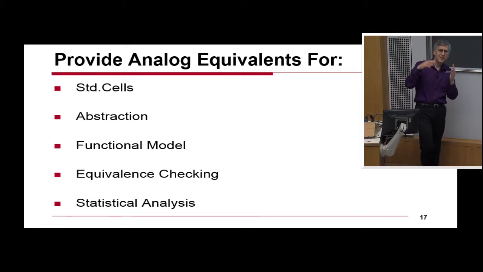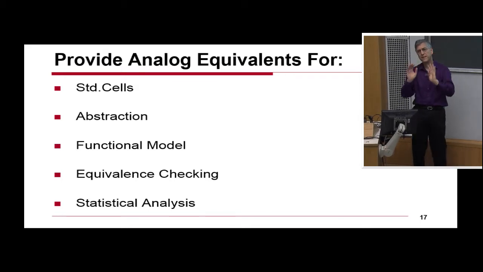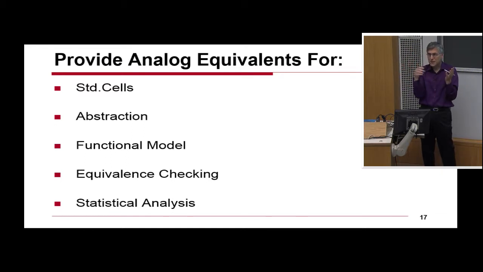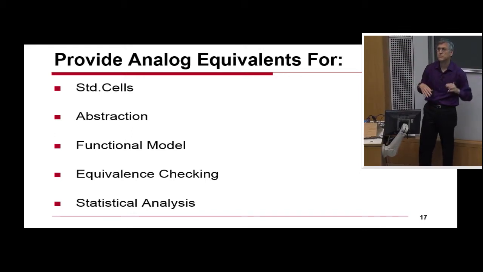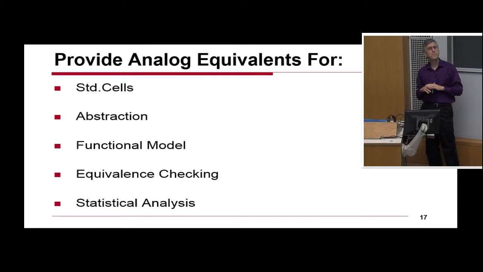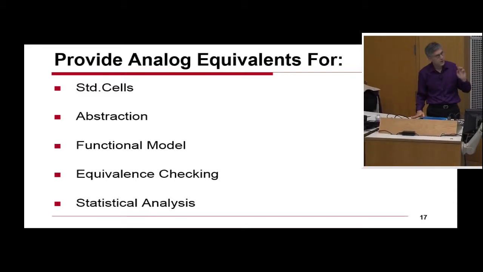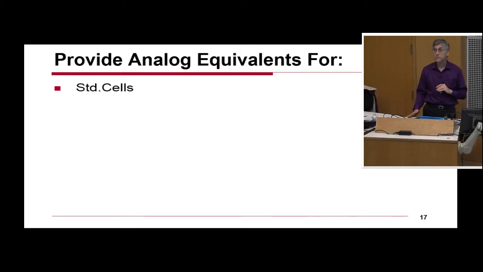In digital circuits, you basically build the logic. You approximate it by a logic function, and the logic function always works in this range of parameters. But analog circuits have numbers. The numbers are never the same. So how do I make sure that with process variation and whatever else, the system's going to work? OK? Does that make sense? And I claim if I can do all these things, I can really elevate analog design. And so for the rest of the talk, I'm going to go through and try to deal with each of those issues. So let me start with standard cells.